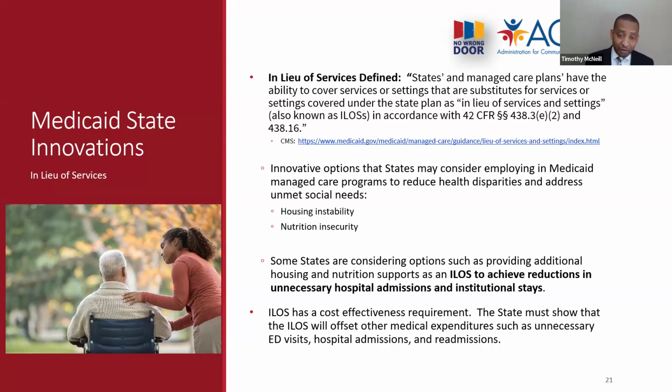state Medicaid, if I cover a service such as housing instability as an in lieu of service, there is an expectation that there will be a reduction in other services. So I'll provide housing supports in lieu of what would happen if I don't have the housing supports. So, the same example of a person who has a history of homelessness and now is having repeat admissions to the hospital. If I'm able to stabilize their housing, then that may prevent unnecessary hospitalizations. So that additional housing expense in lieu of additional admissions is oftentimes a more cost-effective way to serve the needs of the Medicaid population. And CMS is creating the pathway for states under this in lieu of service flexibility to